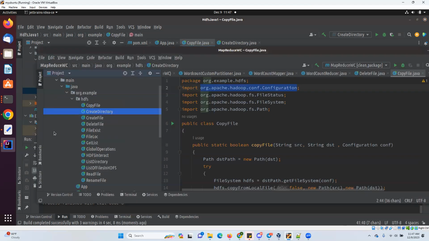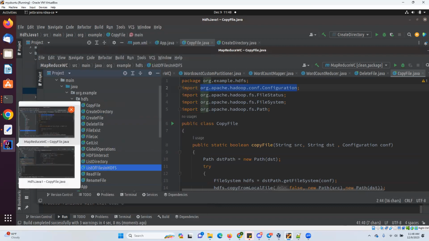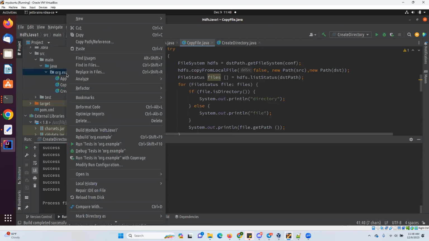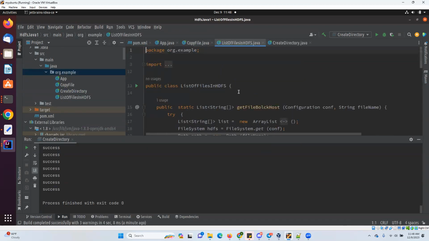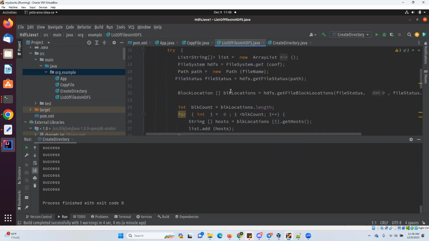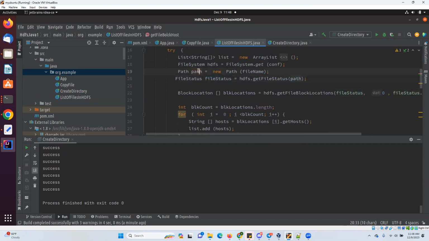That is the list of files. The list of files program is there, list of files in the hdfs. So that is doing only the list of files. So when I go to my code and paste, so this list of file, when I go to list of file here I'm getting file status and I'm printing all the